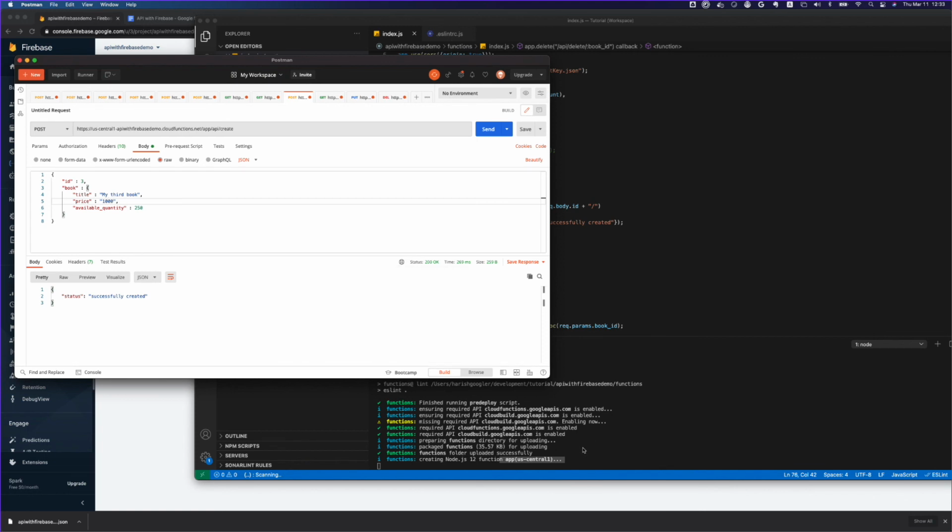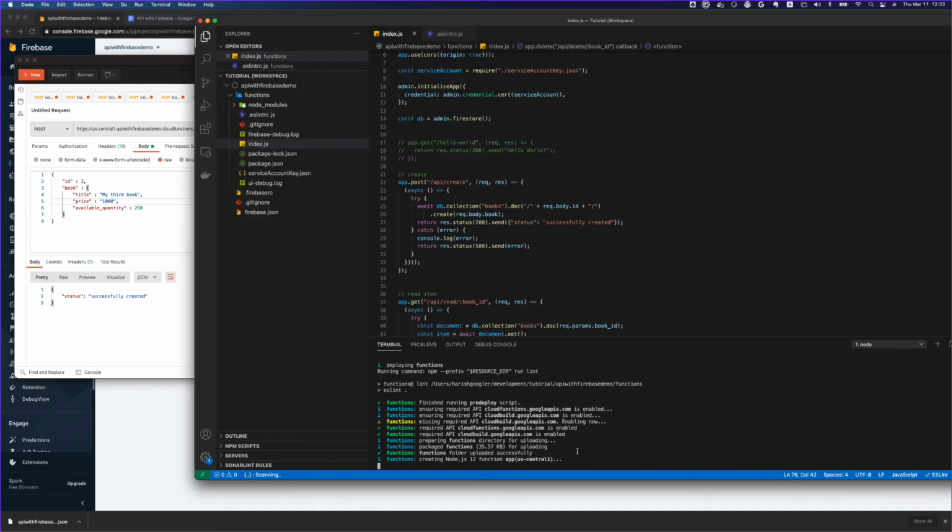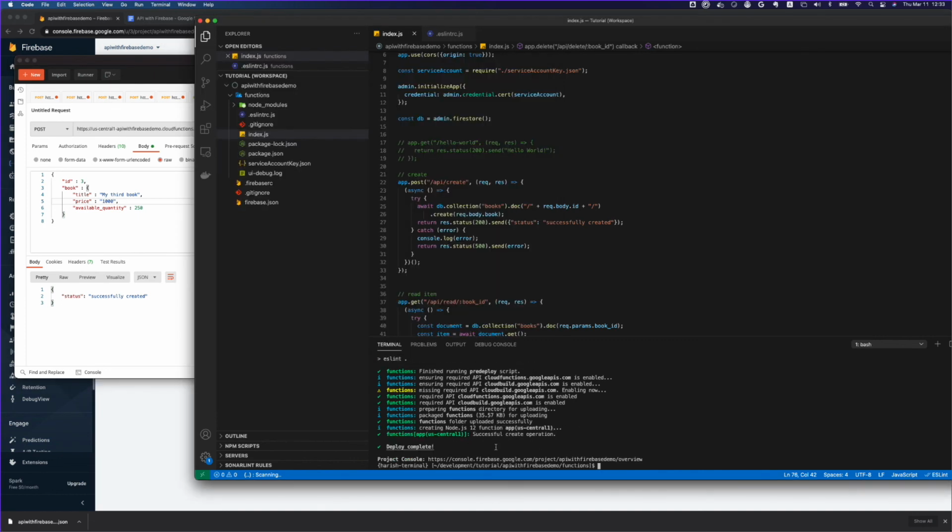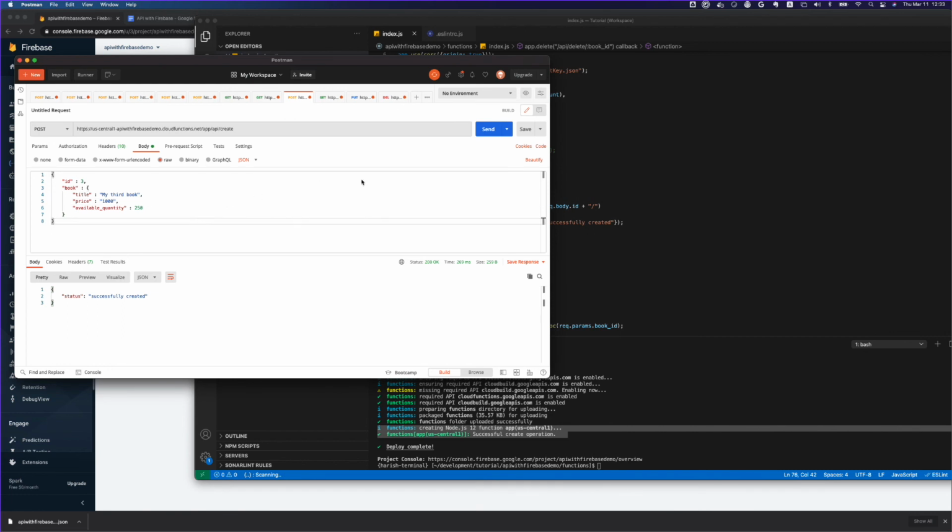it's taking some time to set it up or deploy, because it's my first deployment. There are a bunch of APIs or setup it has to do. So once this is done, so here it goes, it has deployed it successfully, and it's giving this operation is done. So let's call it now and see what happens.